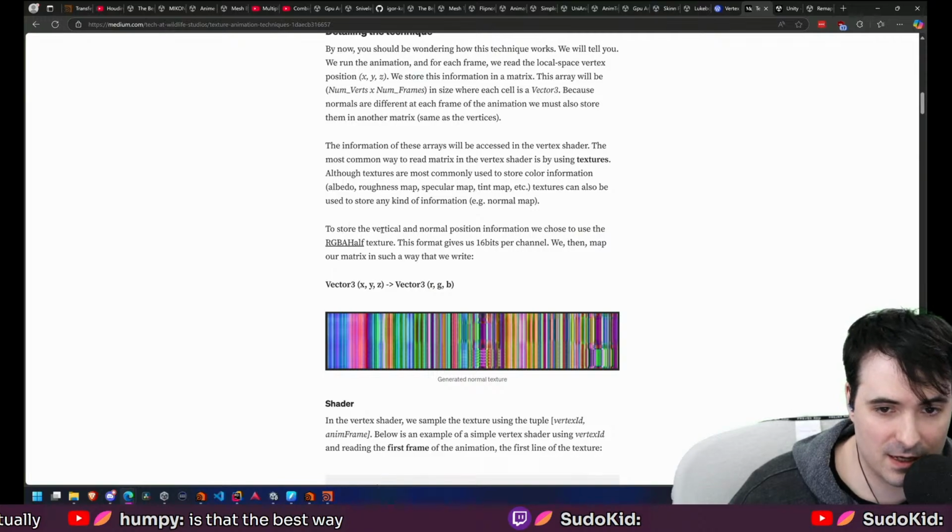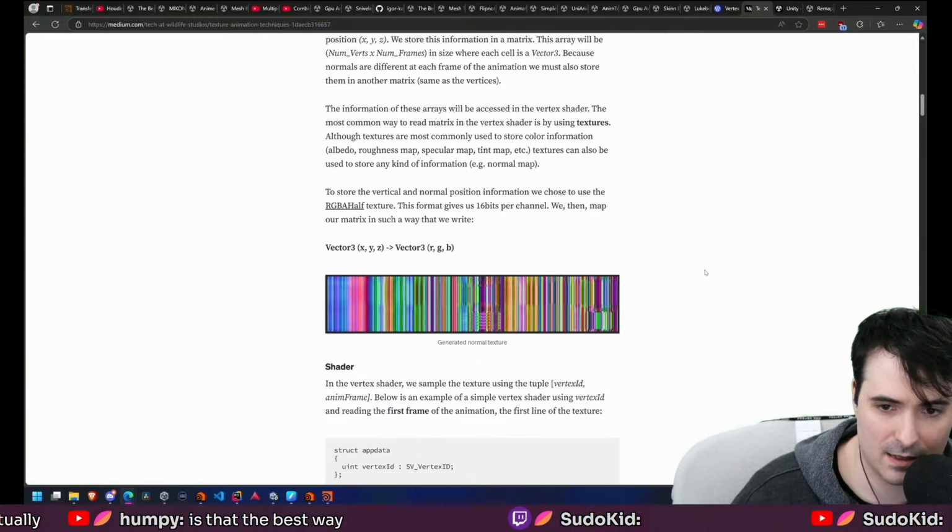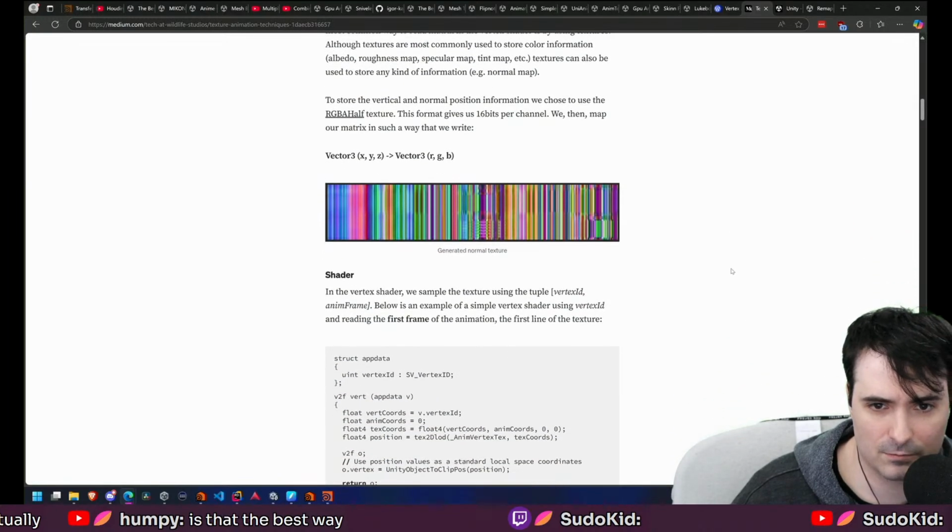To store the vertex and normal position information, we chose to use the RGB half texture. This format gives us 16 bits per channel. We then map our array in such a way that we write